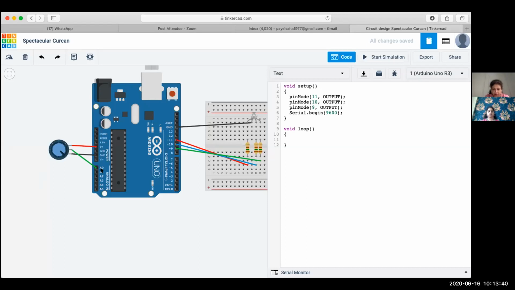analogRead. Sorry, I'm not writing, I'm reading. Analog read, where I am reading pin number A0, whatever values it is generating. Now those values, if I have to print them on the